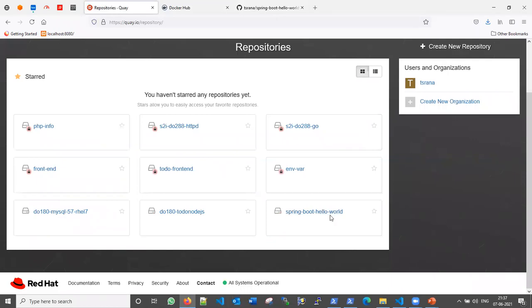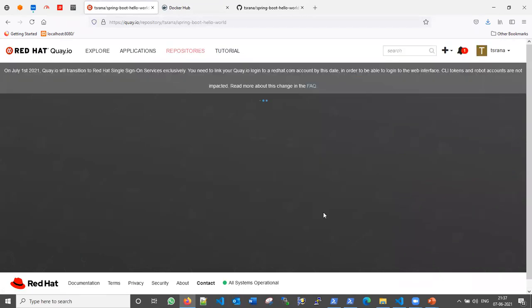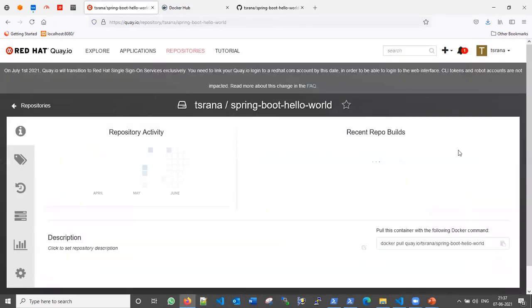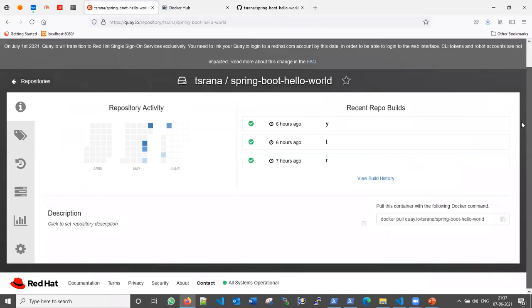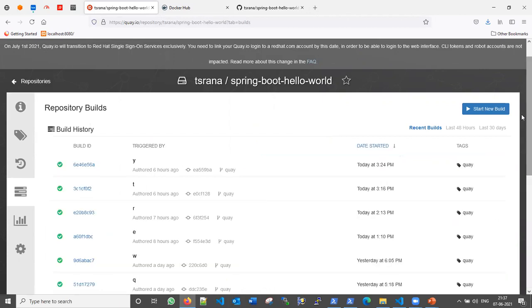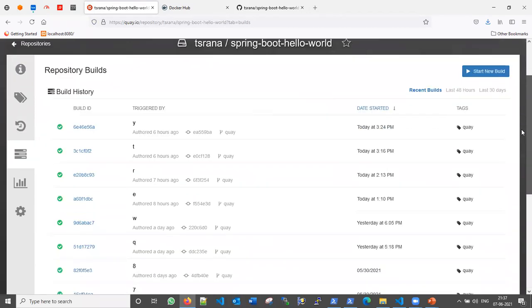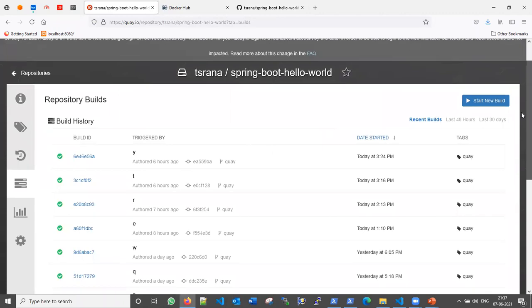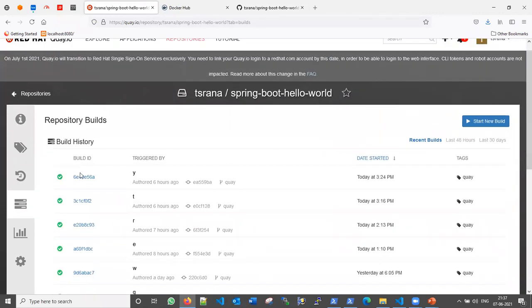Here you can see it is our repository, and this one is not private, it is a public repository, so no secret needs to be created here; anyone can use this image. I have also created a build pipeline here, the same way as we did for Docker Hub in our last video, with Git.